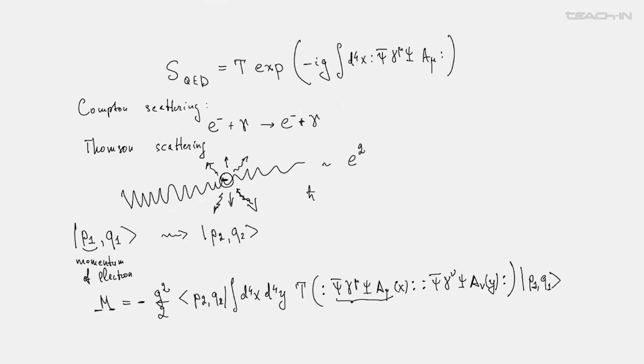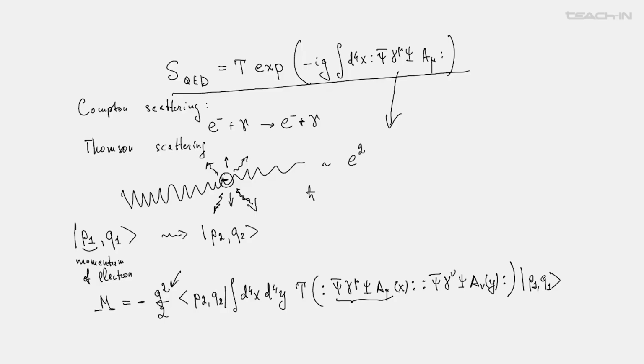At the leading order of perturbation theory, and the leading order here is G squared. The order G does not contribute, because if you just consider the first order in this expansion, which is proportional to G, you will see that it produces zero contribution, because the number of creation and annihilation operators which stand in the interaction term does not fit the number of creation operators or annihilation operators in the initial and the final